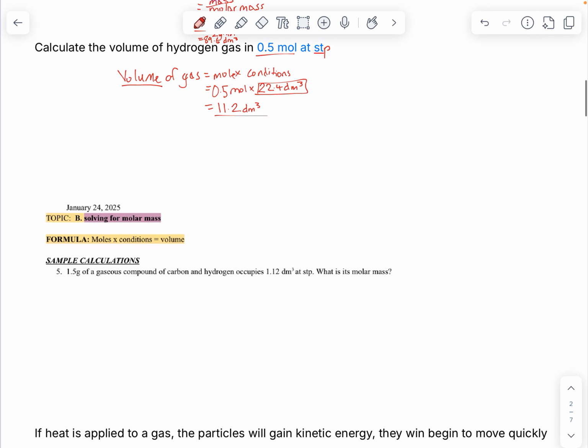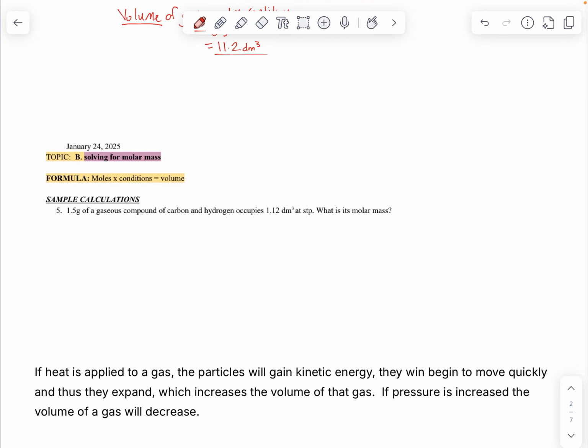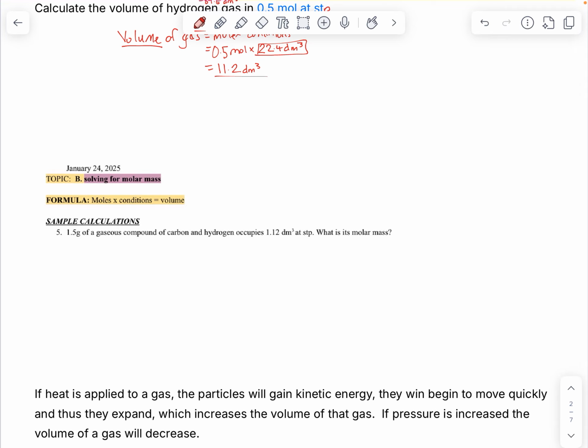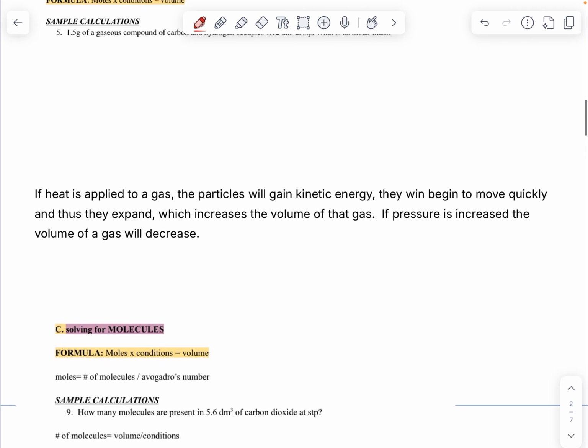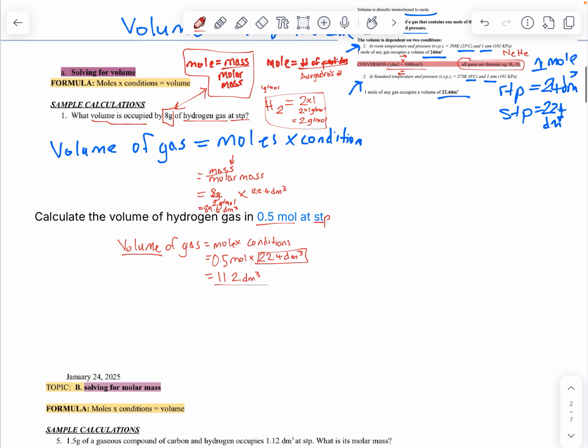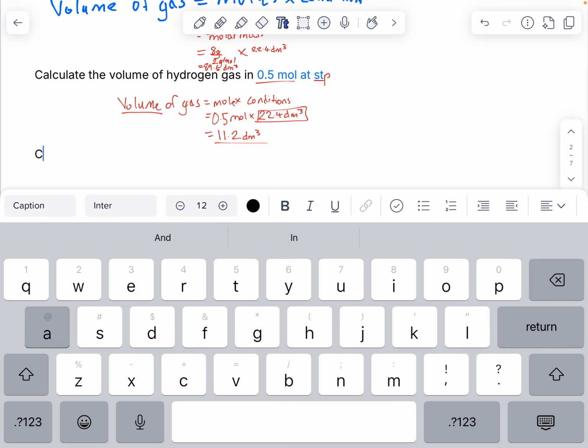Yes, let us work another one. For this one, it's solving for molar mass. This is gonna be like one of those complicated ones. Let me see if I can find another before I move on. Yes, I'm gonna give a question actually. So it's calculate the volume of a gas. Calculate the volume of oxygen gas